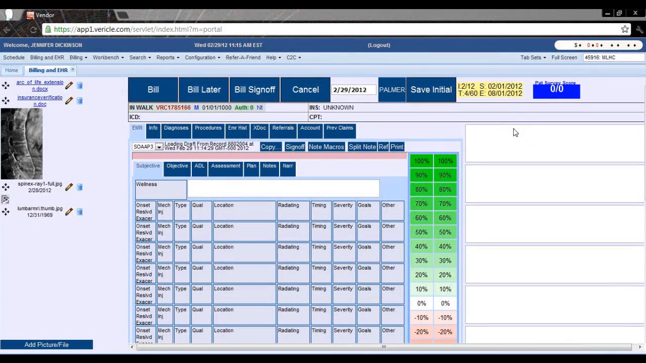This is Billing Precision Macro Makeover for the Day 1 macros. We're going to begin this training in our Bill and EHR screen, which is this screen in front of you. You can get to it from the top left-hand corner or also from your provider room kiosk. Once you've entered this screen, you're going to go ahead and go to Note Macros,